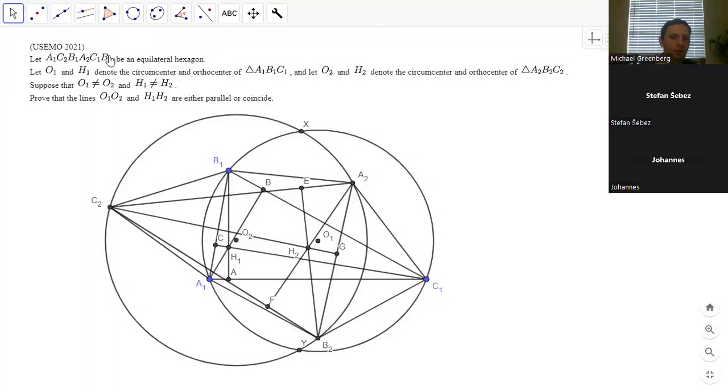Even though it's not a parallelogram, I wonder if we could say something about the nine-point centers of those